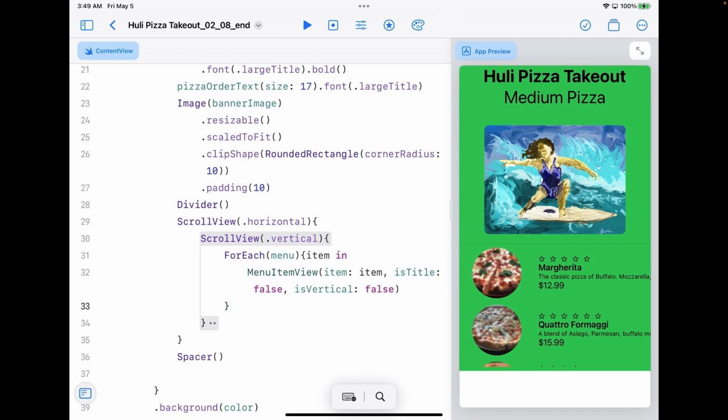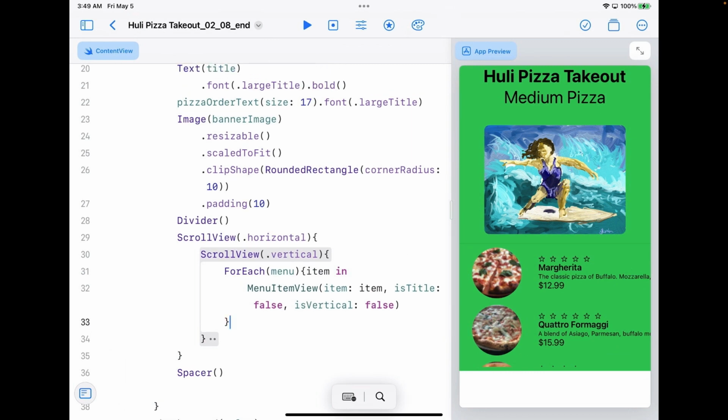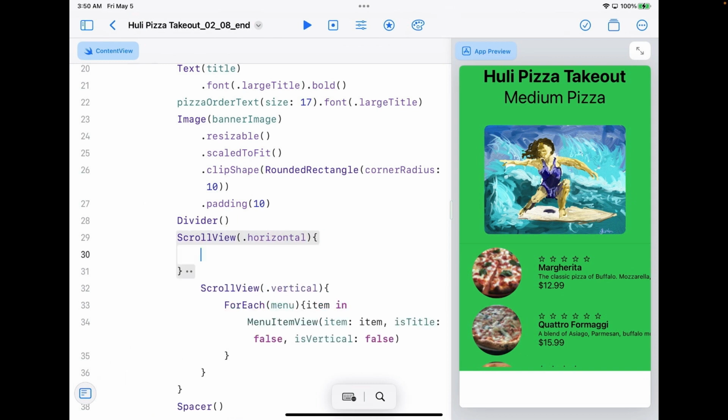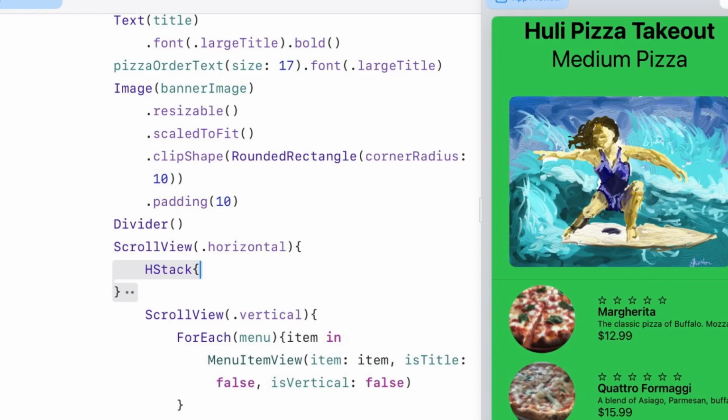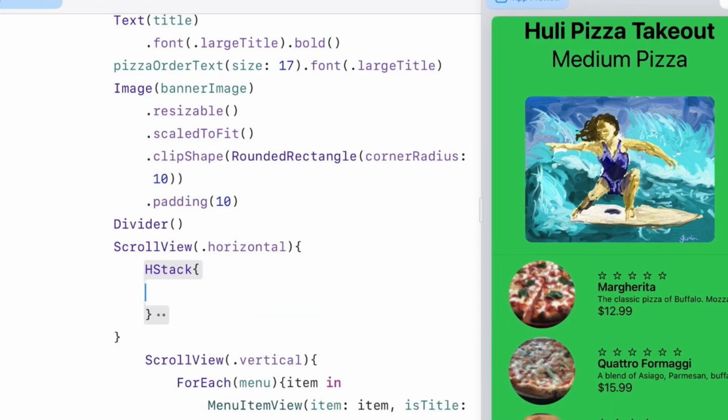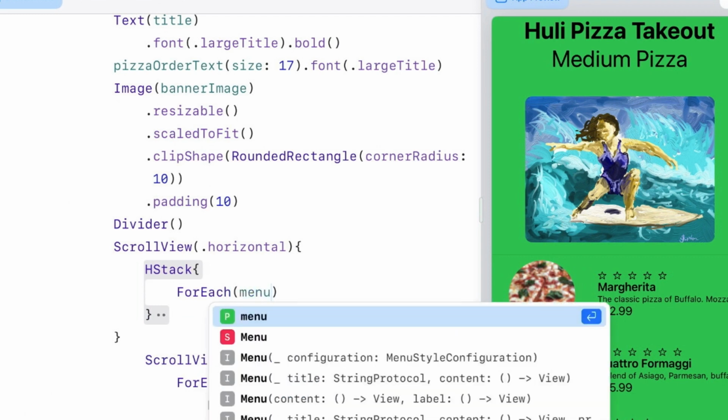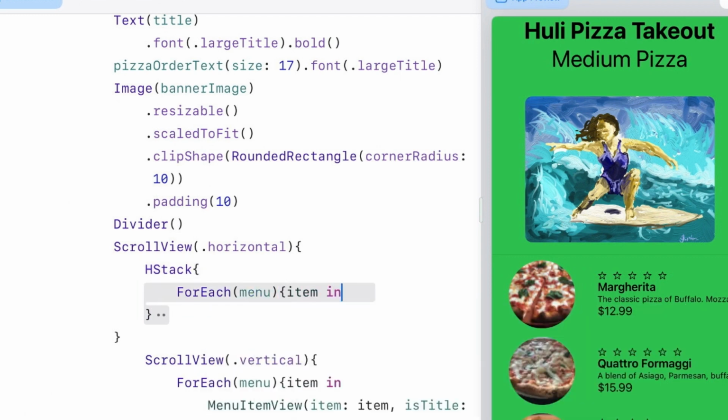So let's do one more thing with ScrollView. And I'm going to do this again with the horizontal here. Is I'm going to get rid of all this. And I'm going to just leave the ScrollView vertical there for a moment. But I'm going to put the ScrollView horizontal like this. And I'll show you something interesting you can do. You can do an H stack. A ForEach again. Menu, item in,